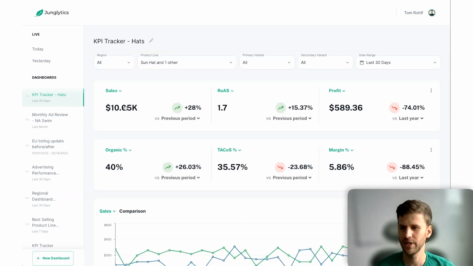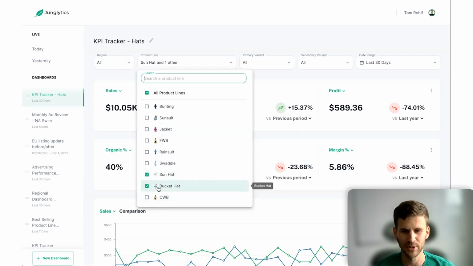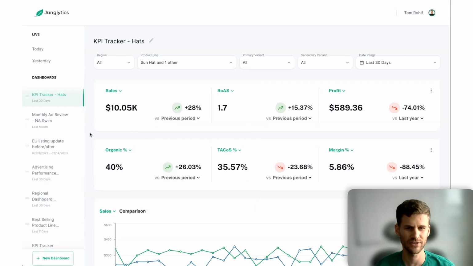So let's walk through a specific case study of what we're doing at Cuddle Club right now with the data on this dashboard. These hats, if you see them here, are both summer products, children's sun hats. You can see the little images here, and we're coming into season right now. So our goals for these products are to rank more effectively for keywords and get more volume, but we don't necessarily care about being super profitable right now.